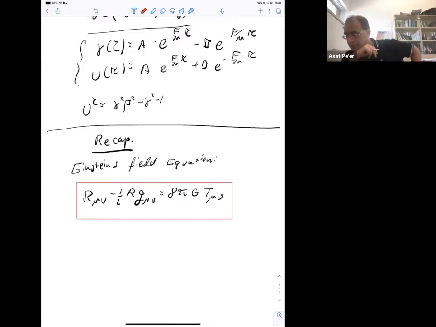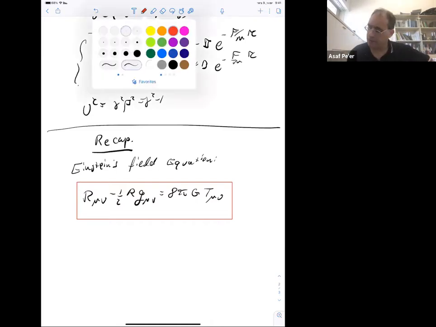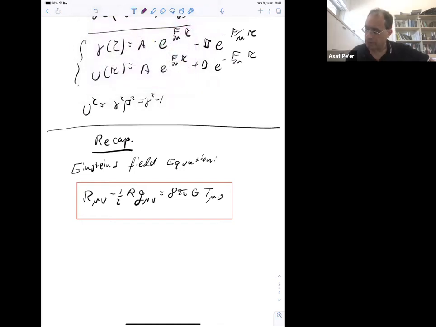This is an equation between tensors. On the left-hand side, we have the geometrical part, right? We have the Ricci tensor, the Ricci scalar, g mu nu. Essentially, this is the Einstein tensor,